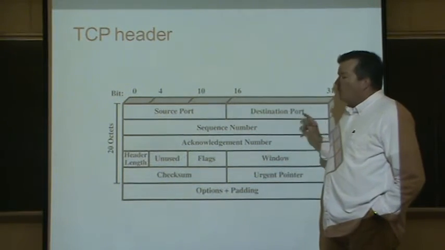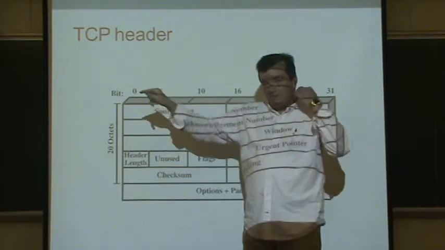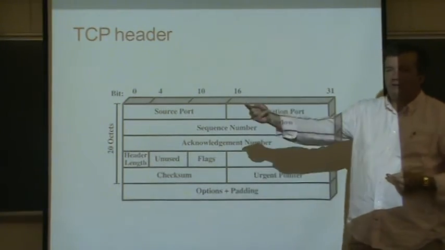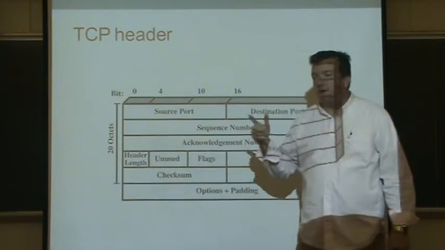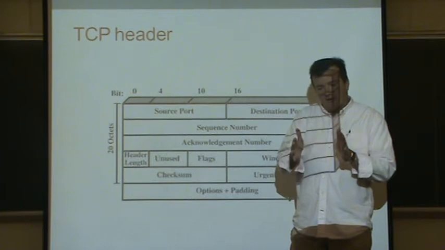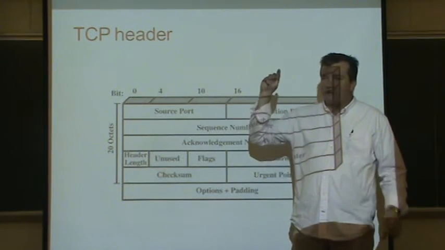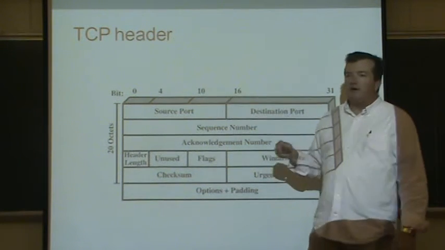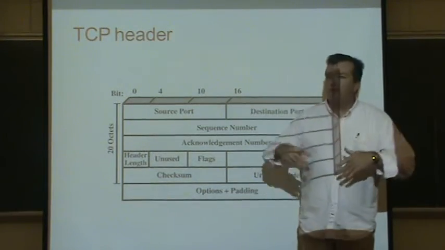We need to know the application on the Facebook server that we are sending information to. Well, we haven't even talked to them yet. We're just going to send a message to them. So how do we know what their application number is? We could go out to the internet and ask, what is Facebook's IP address? But how do we know the application number, or port number, of the web server? So standards were made that say if you're looking for a web page,